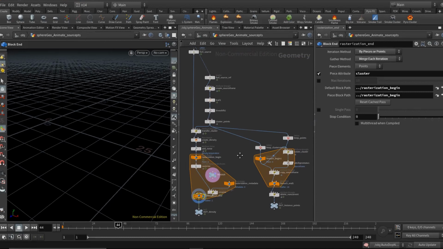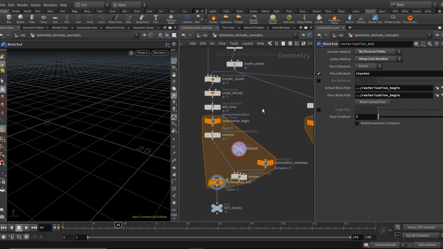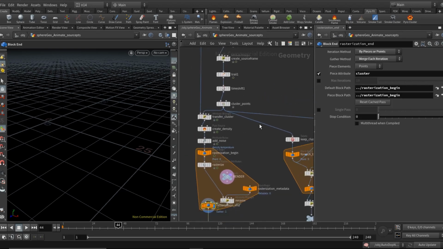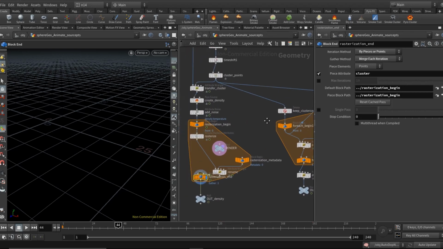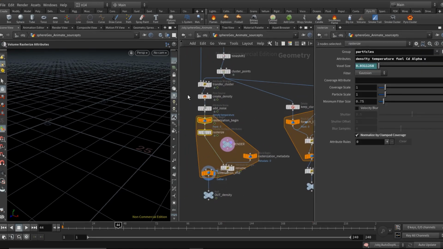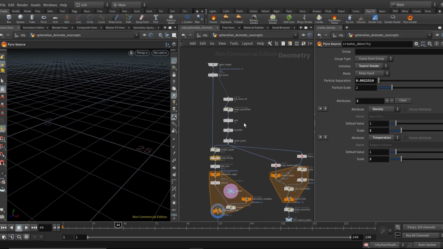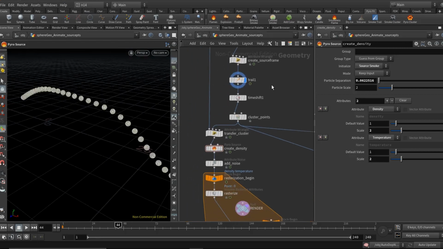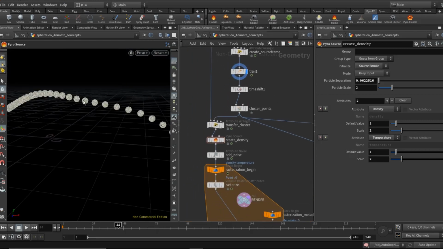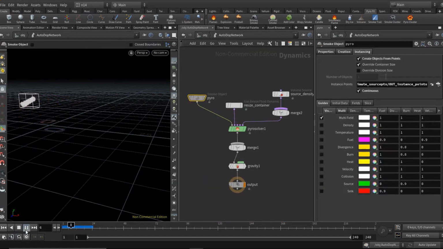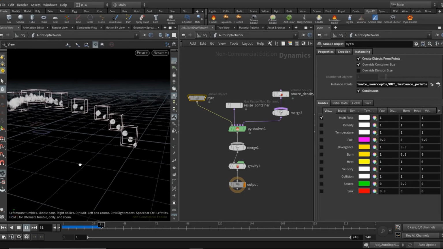Now some of the drawbacks encountered in this setup are, first of all, that this setup is intended to create smoke only, while we intend to create fire and smoke both. Of course we can introduce other fields here like heat and temperature as well, but by default this shelf tool doesn't create all those fields. Also the trail stop here is resulting in a situation where we have these points spaced very closely, while in this case these points are spaced far apart. So if I run the simulation here, you can see some of the problems begin to show up. Of course with a little tweaking of some of the setups here we will be able to achieve a result, but then